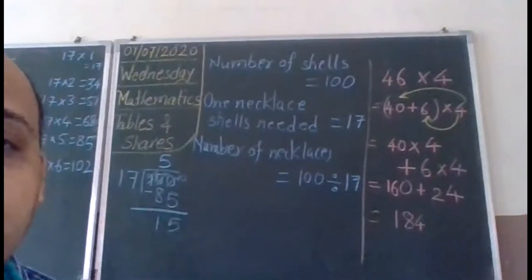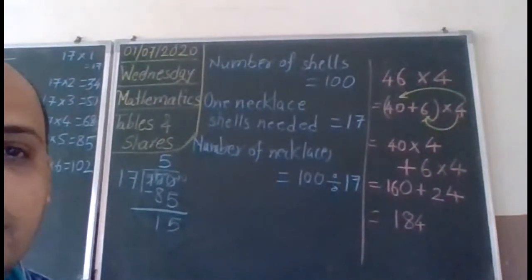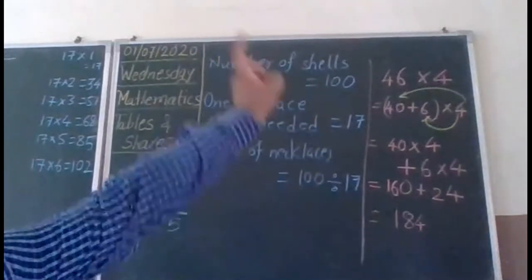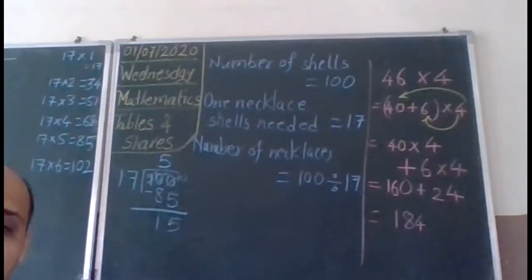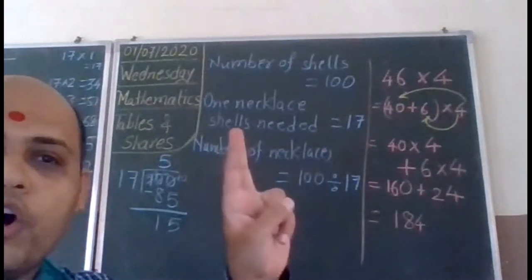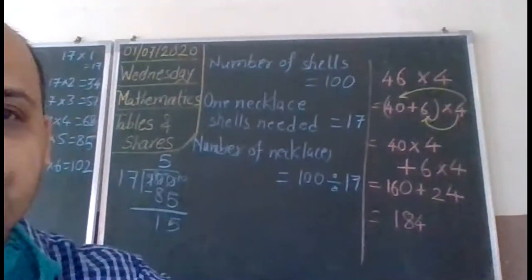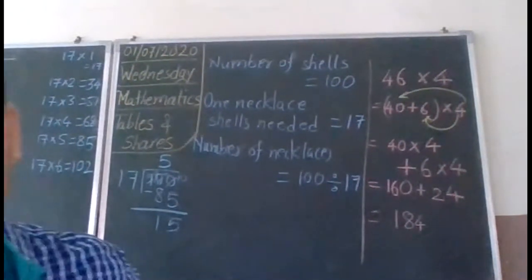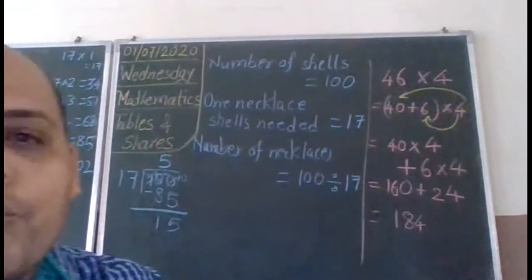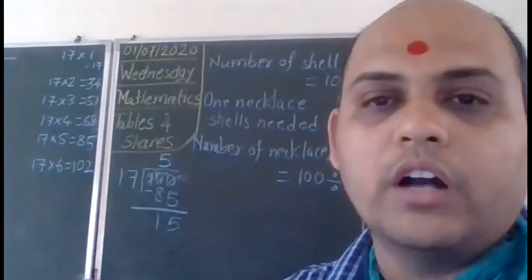This can also be a question. Yes? To make one more necklace, how many does he need? For one necklace it is 17. How many is left? 15. So how many does he need? 2 more. Okay? Yes? Everyone understood? Very good. Question number B and C is going to be your homework. Okay? Question number B and C is going to be your homework.